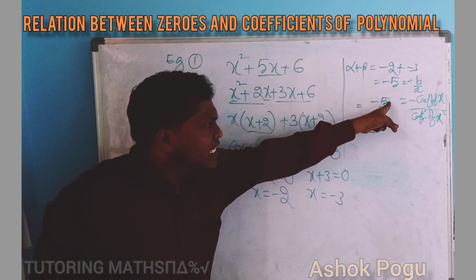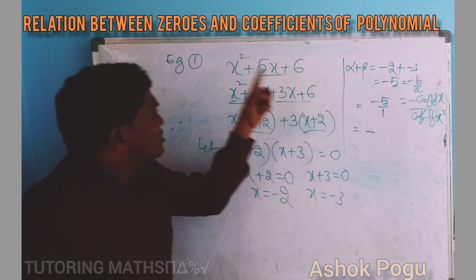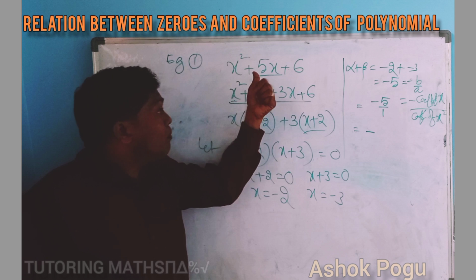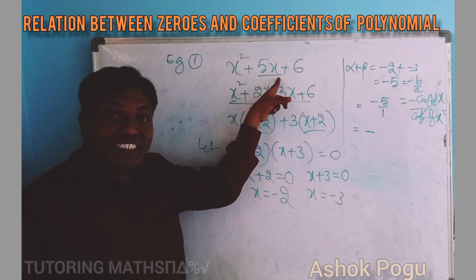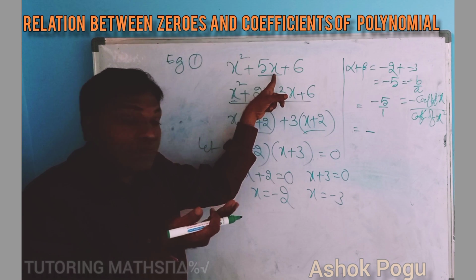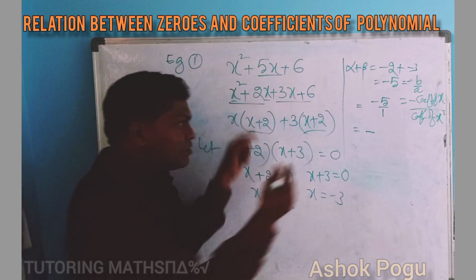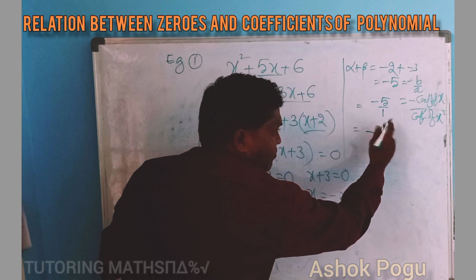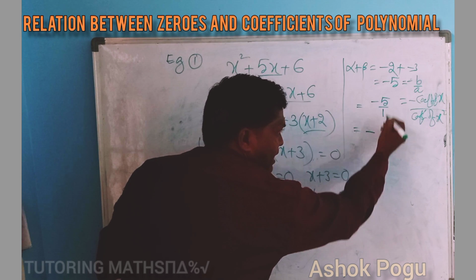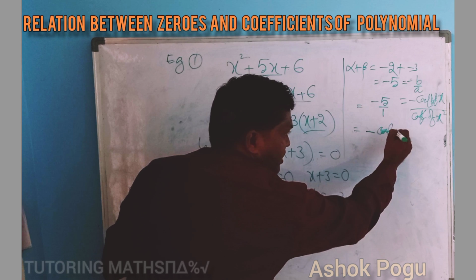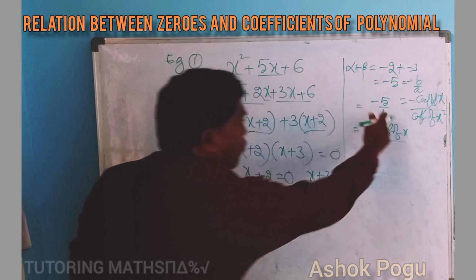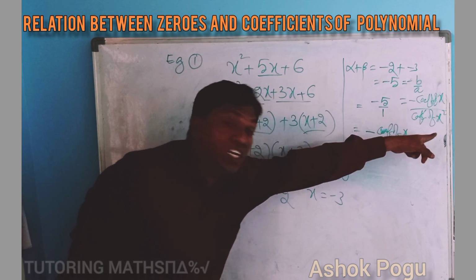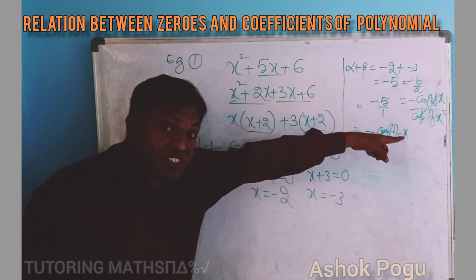And 5. Is 5 the coefficient of x? Just check the given polynomial. What is the coefficient of x? Yes, absolutely 5. Exactly, the coefficient of x. Coefficient of x by 1. According to the formula, 1 should be the coefficient of x square. This 1 should be the coefficient of x square.